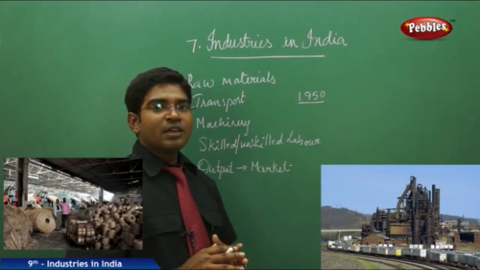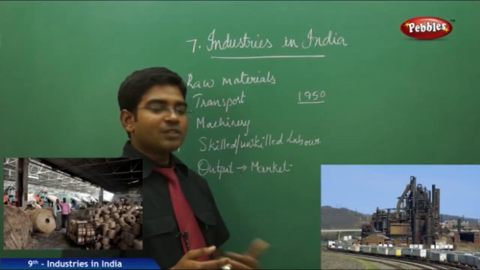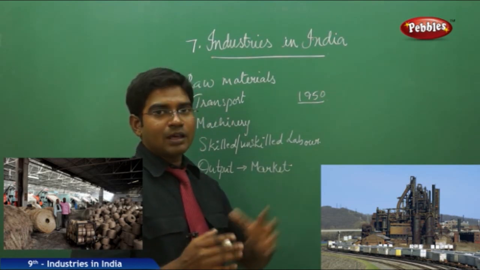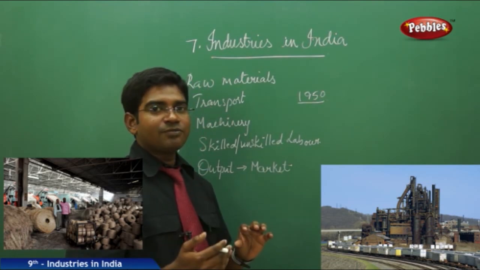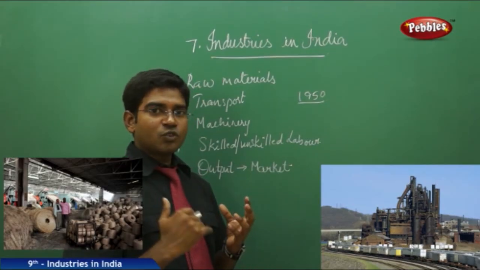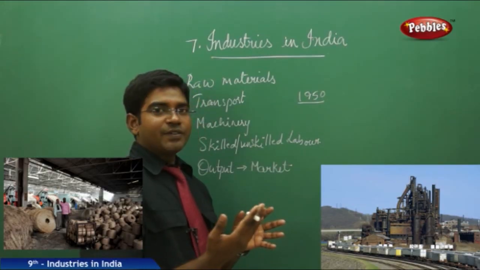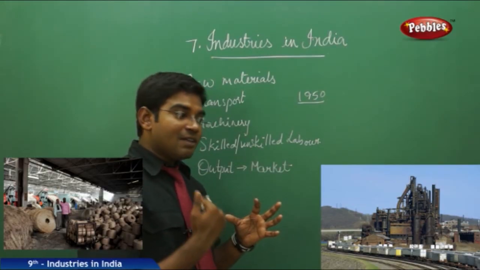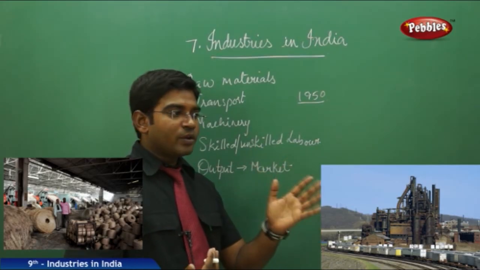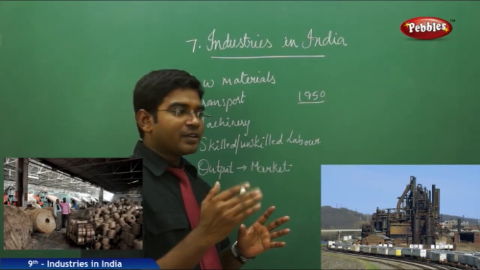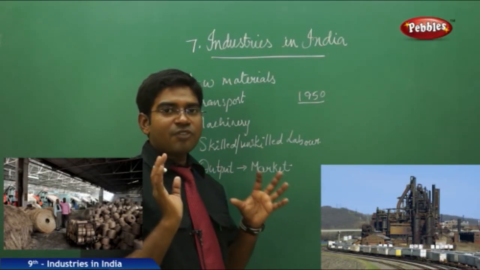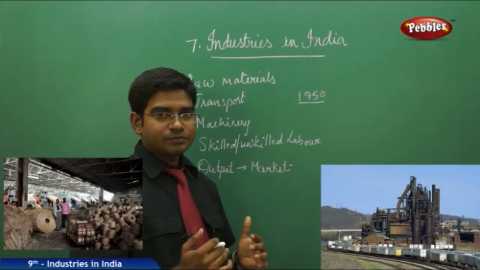In the industries, we have various types: small scale industries, large scale industries and medium scale industries. Small, medium and large. Small scale comes under 5 lakh investment, medium from 5 to 25 lakhs, large 25 lakhs to 1 crore. So they have divided the industries into different categories, and again we have the division of industries into agricultural based industries, known as agro based industries, and non-agricultural based industries, known as mineral based industries. So this gives a brief outlook of what industries are.